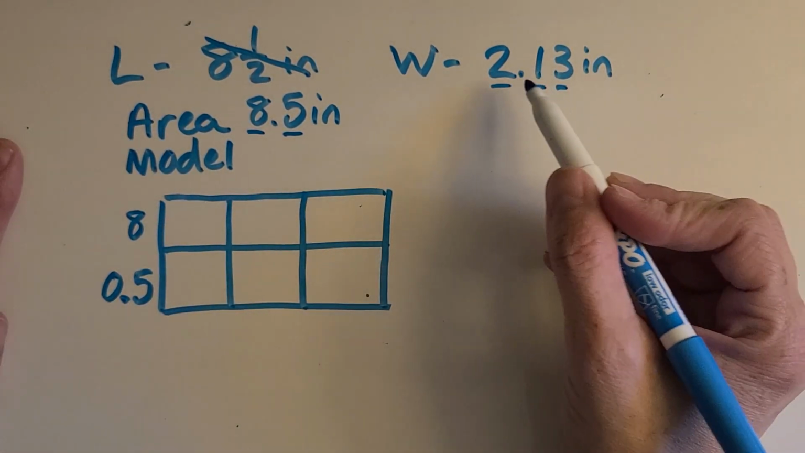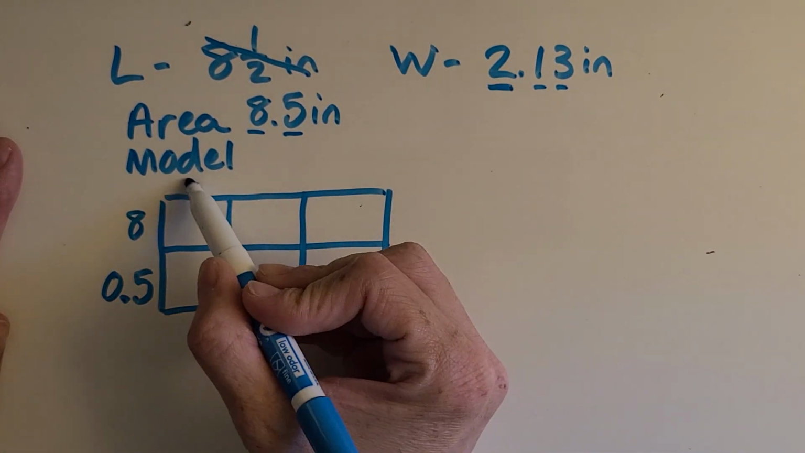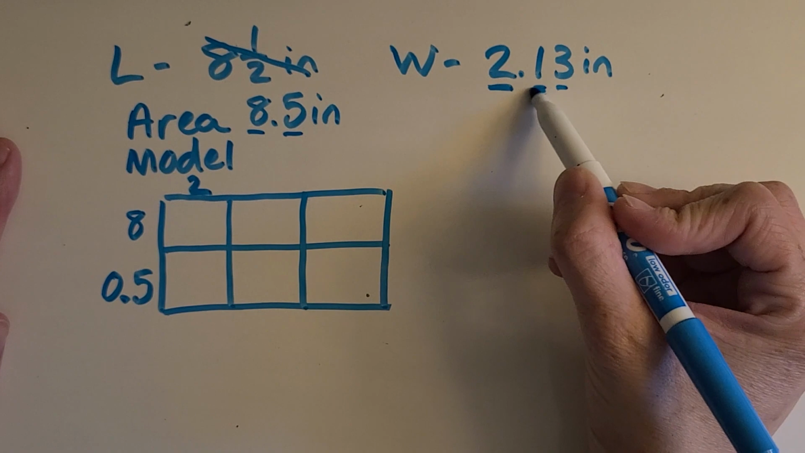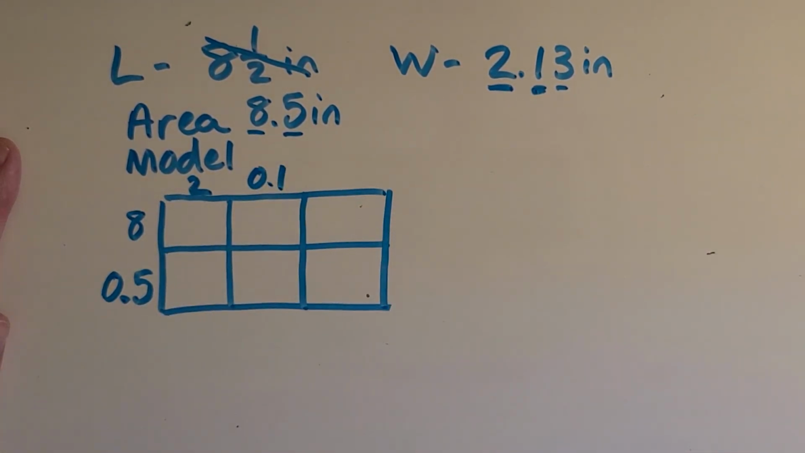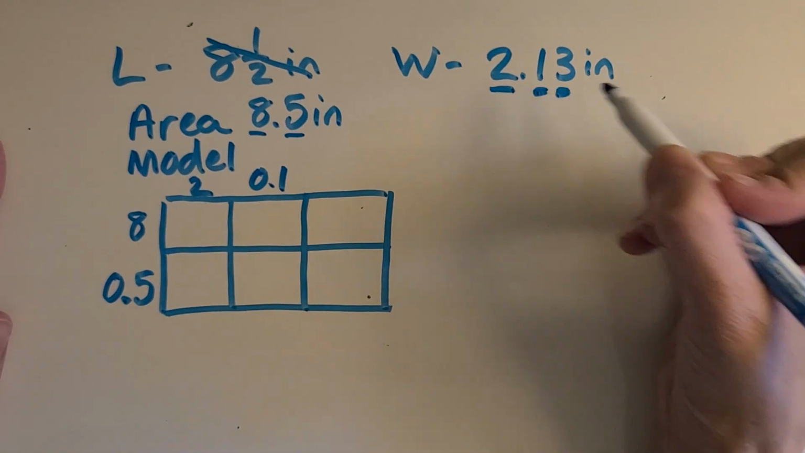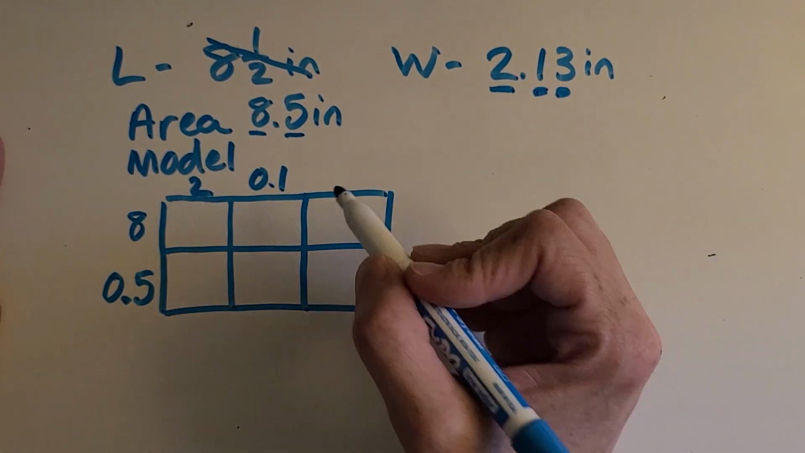Okay, so let's do that with the width. What is this 2 really worth? Yep, just 2. How about the 1? You got it, 1/10. How about this 3? Think about the place that it's in. Great,